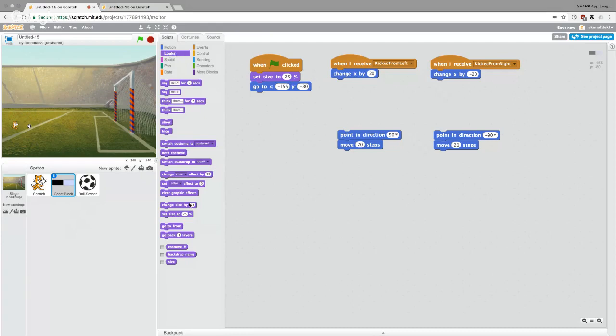And that is under the Looks tab, there's an effect called Ghost, and it's in this block here that says Set Color Effect. There's multiple effects that you can use on a block, and there's color, fisheye. Some of these are really cool, and they do some warpy effects. Pixelate turns it into a more 8-bit image. You have mosaics. You can make something brighter or darker. But one of the effects is called Ghost, and the Ghost effect is what's called a transparency effect. So if I set it to 150 and then start this, our Ghost block